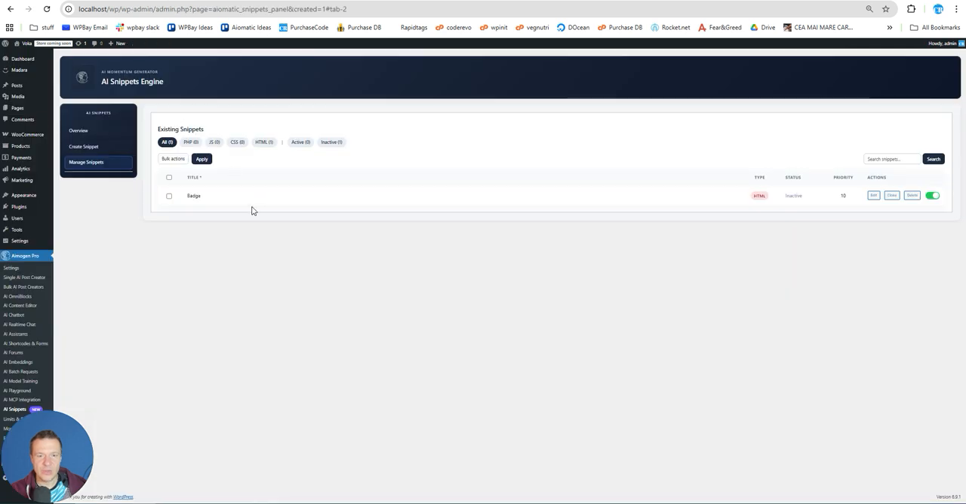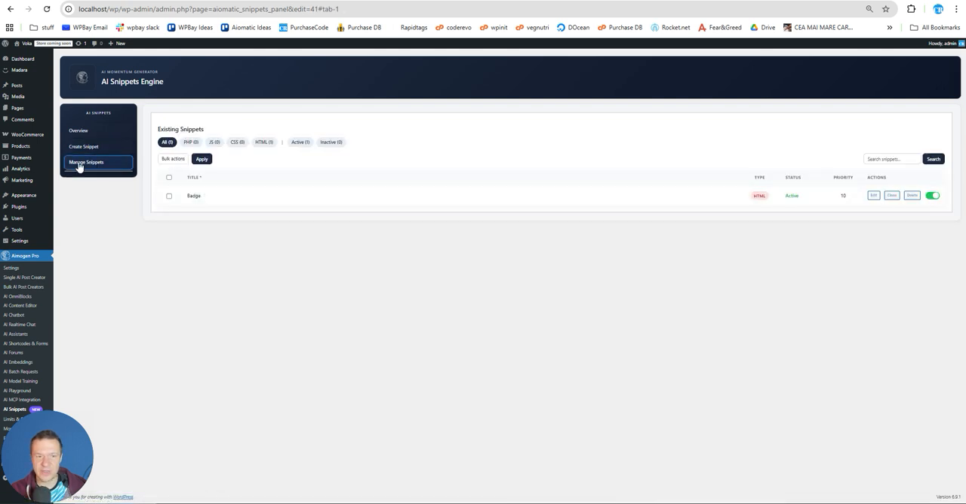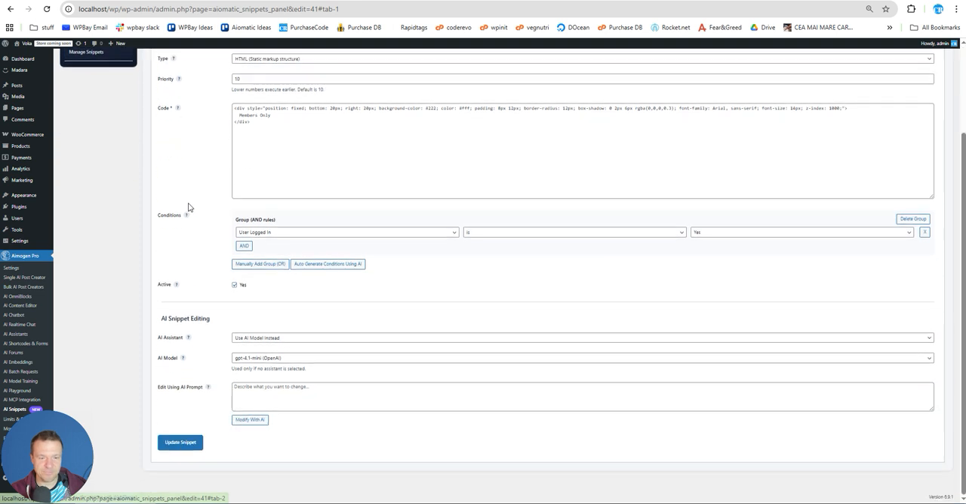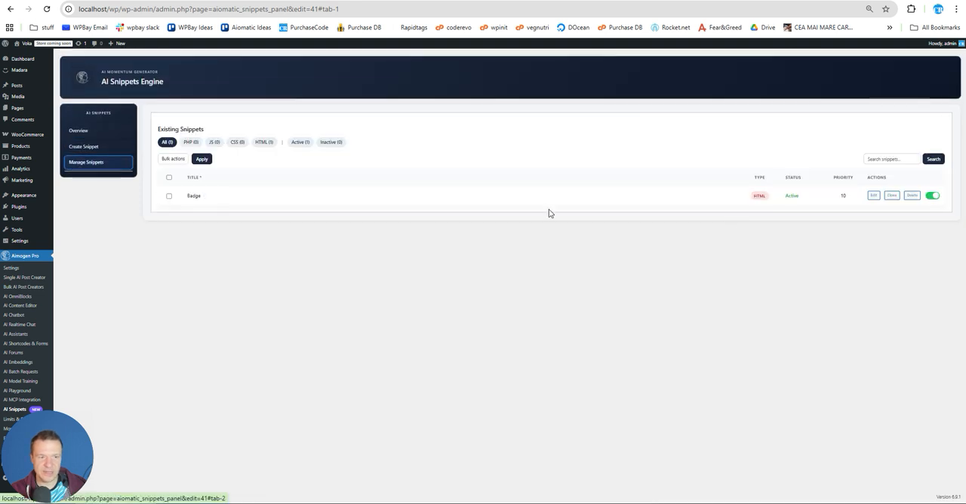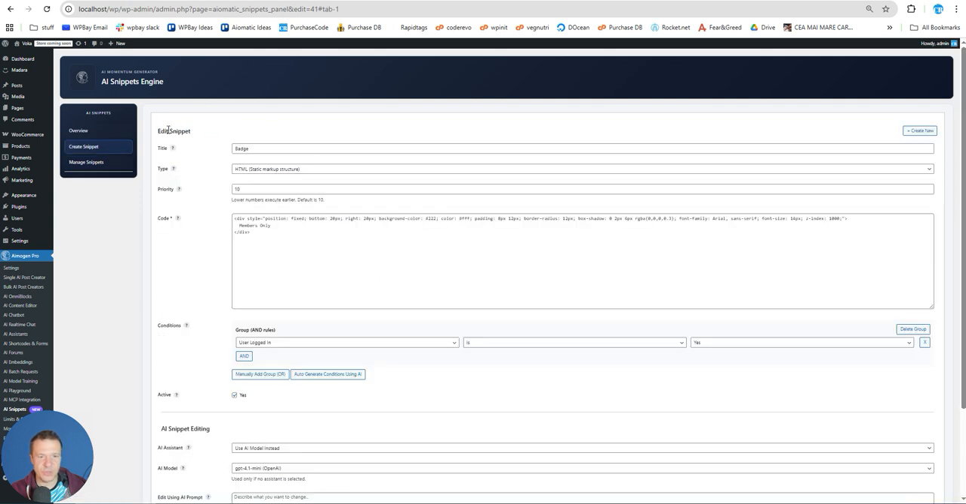Okay, so now this is just the beginning of what this can do. You can clone, delete, edit the snippet. Let's hit edit, and also until then, let's get back to manage, and we can see that the status switched to active because we activated it. And if we go here and click the edit snippet, we will be redirected as usual to edit snippet mode,